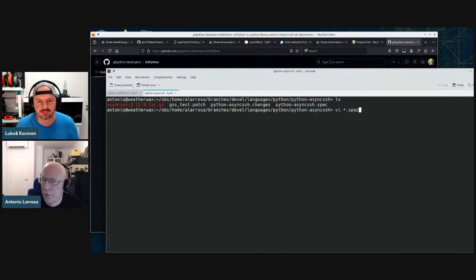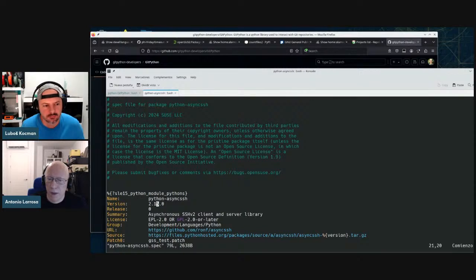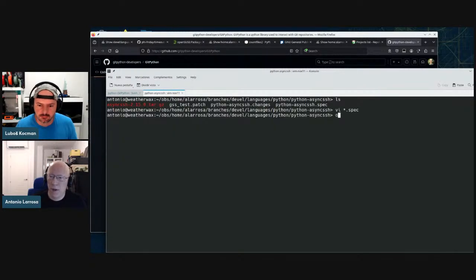And we can see how to update this other package. In this case, since there's no service file, we can just change the version in the spec file to the new number, and then run